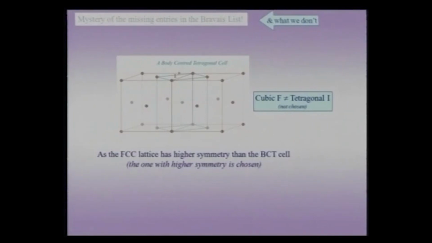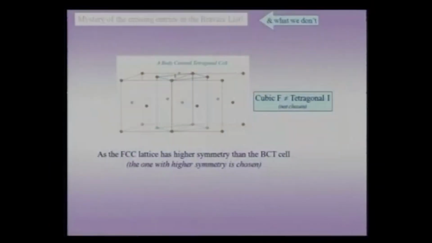The face centered lattice had 4 3-fold axes and 3 4-fold axes, which are all missing, or some of that is missing in the tetragonal unit cell, and therefore I do not make a choice of the smaller tetragonal unit cell. That means, even though it is a smaller unit cell,